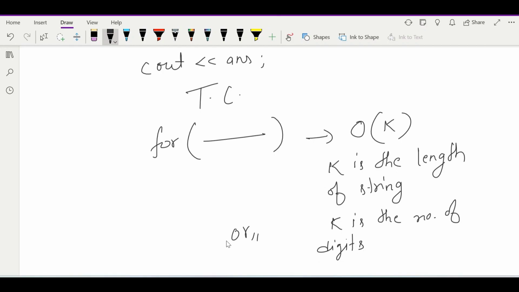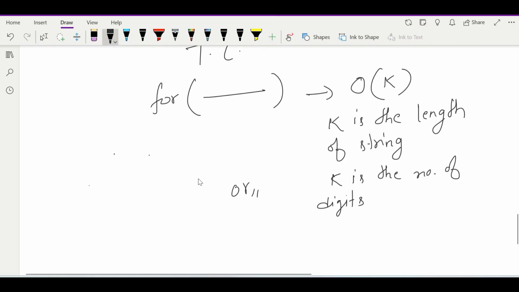Suppose the input was 10110 and it has 1, 2, 3, 4, 5 digits, so it is running for 5 times. We can simply write the time complexity as big O of k, where k is the number of digits, or we can write big O of log n base 10.